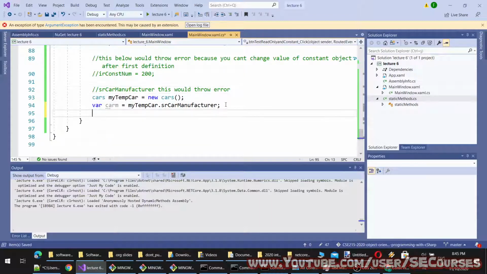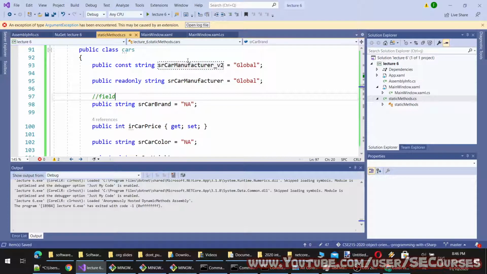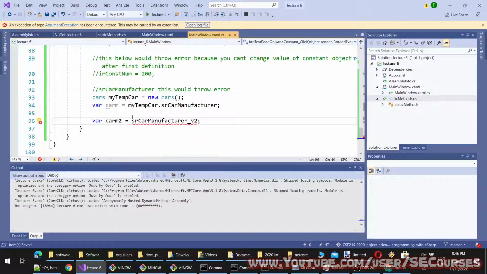Let me show what I mean. This works because it is okay. This should work. Oh, I can access it like this: Cars2 dot cars dot. Okay. So now it works as you can see.